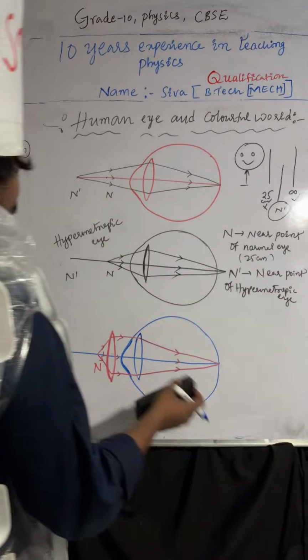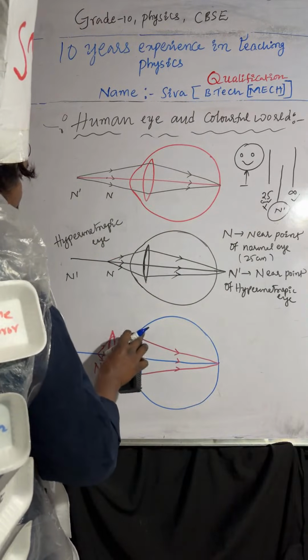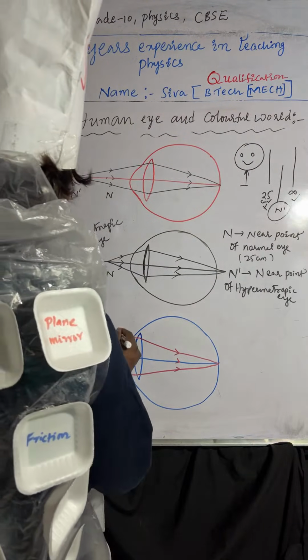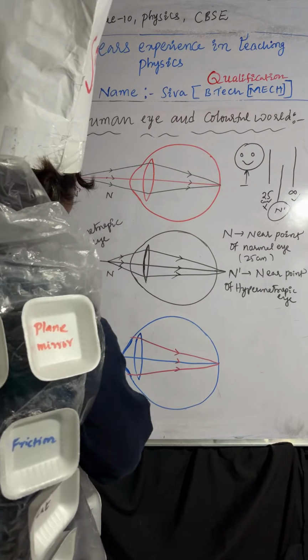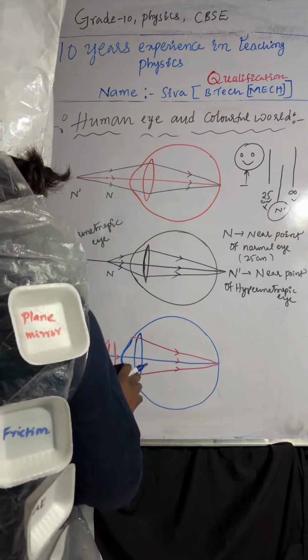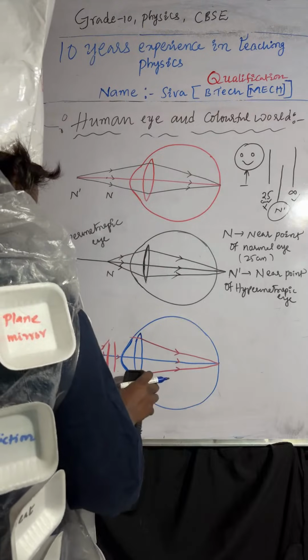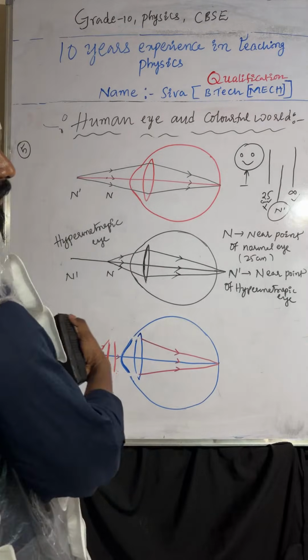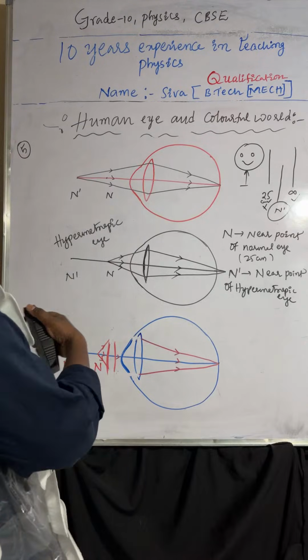You have to take at the edges, because the convex lens is in converging nature, right? You can take a little up also, fine, no problem. Because convex is in converging nature. So when the light rays,